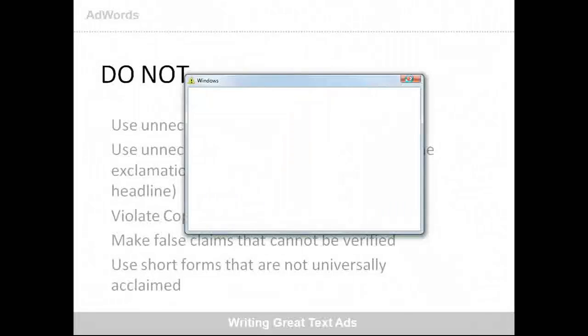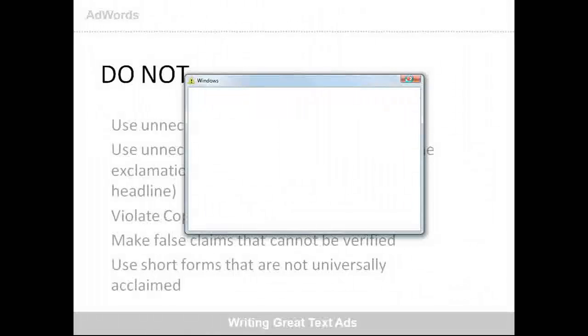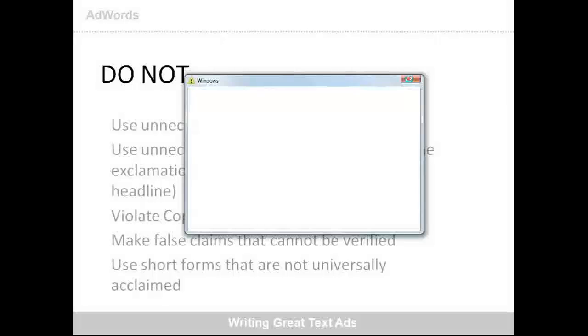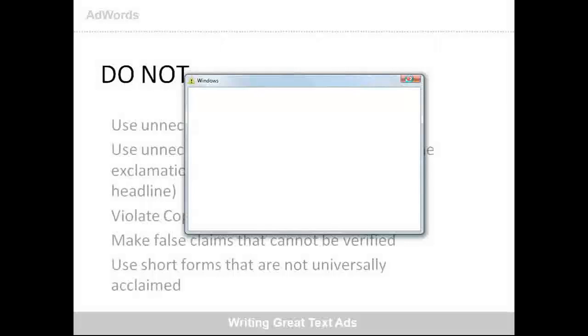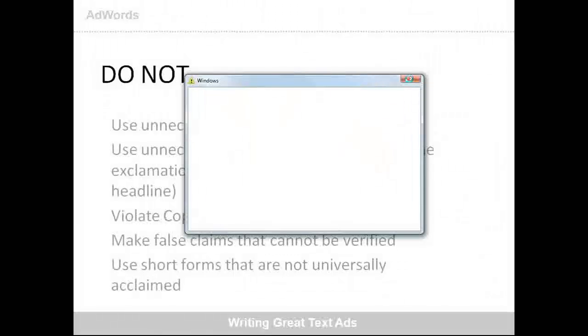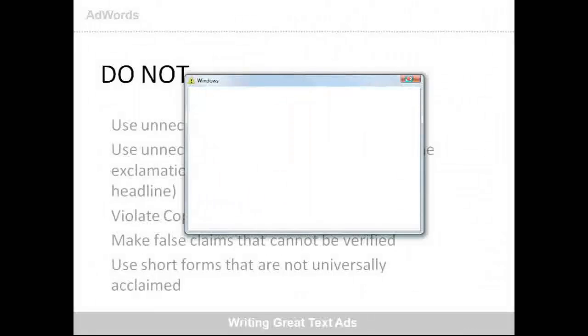Do not make false claims that cannot be verified. Say that we got voted the best, or that this is the most amazing insurance scheme. These are things that cannot be verified by Google. When we see a text ad and we go to your landing page, unless it's very clear, do not put any kind of unverifiable claims in your ad text.